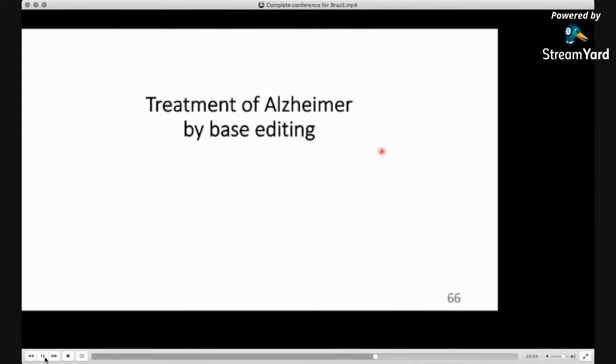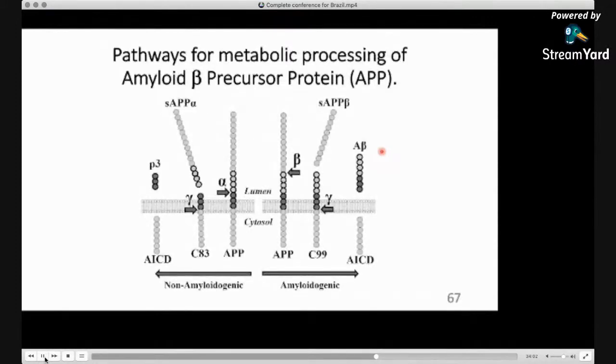We have initially used base editing technology to develop a treatment for Alzheimer's disease. Alzheimer's disease is produced by an abnormal metabolism of the amyloid precursor protein. Normally, this protein is cut by the alpha secretase, followed by a cut by the gamma secretase. This produces peptides and protein fragments that are degraded without causing any problem. However, this protein may also be cut by the beta secretase, followed by a cut by the gamma secretase, and